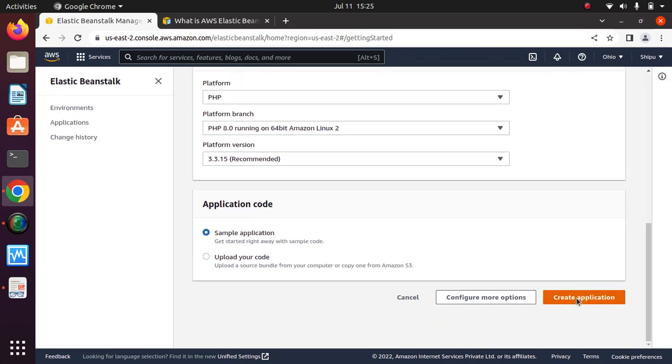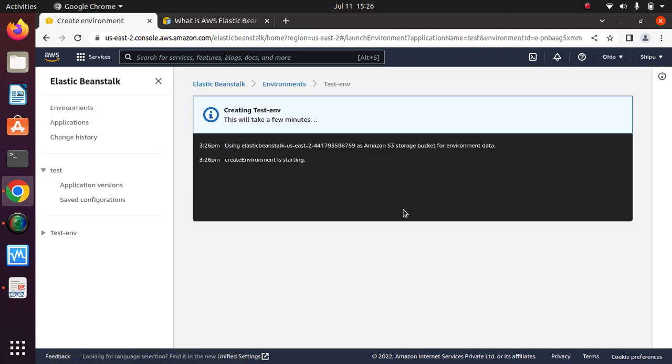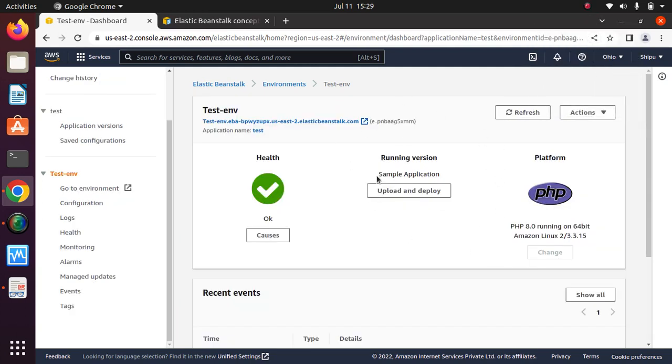Okay, now we will go with the sample application. It starts creating. Okay guys, so we have deployed an application. So here on the left hand side you can see the test environment. This is the URL which is created. Now the configuration, logs, health, monitoring, alarm, managed events, and these are the